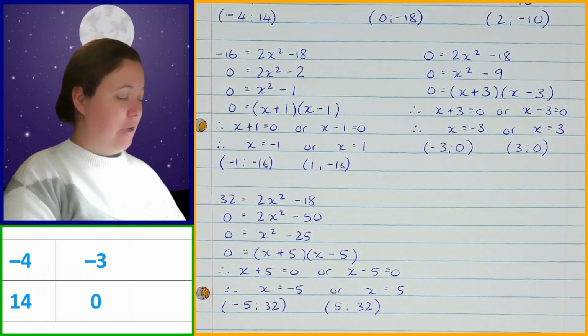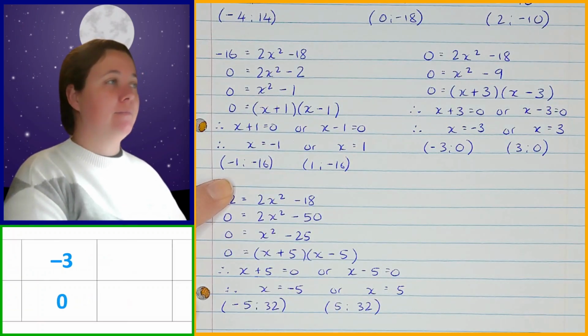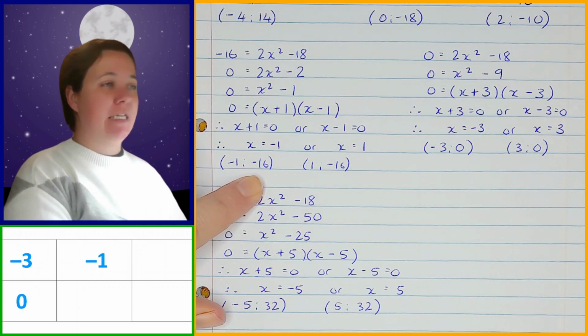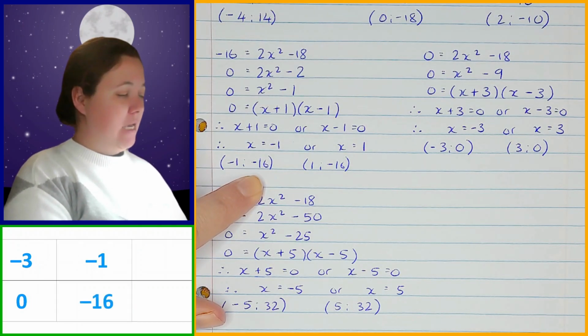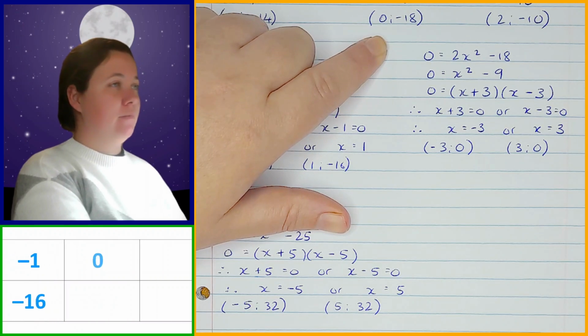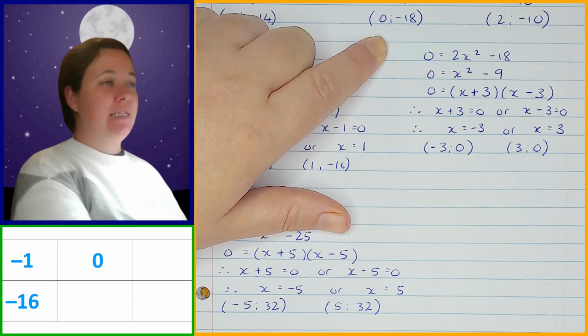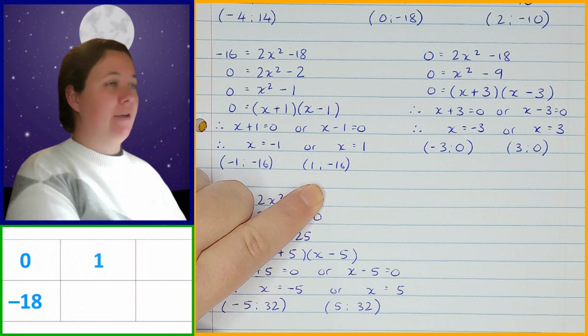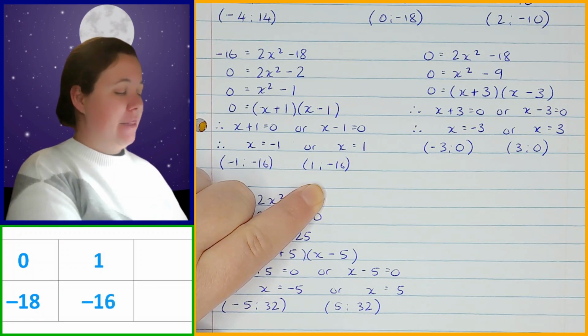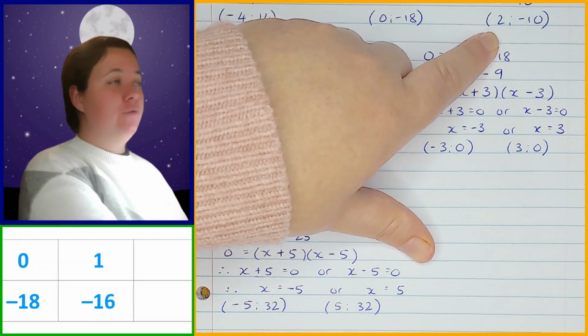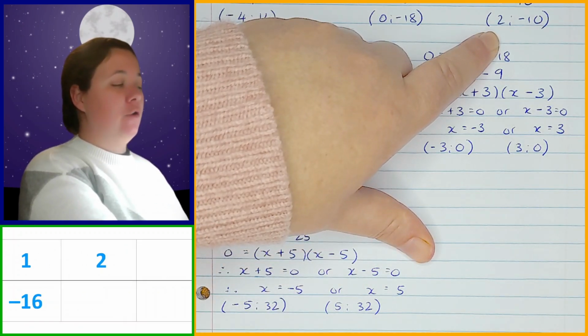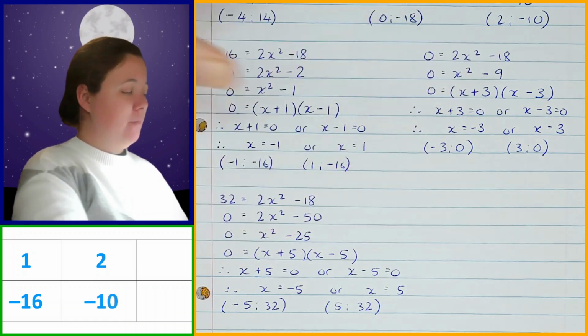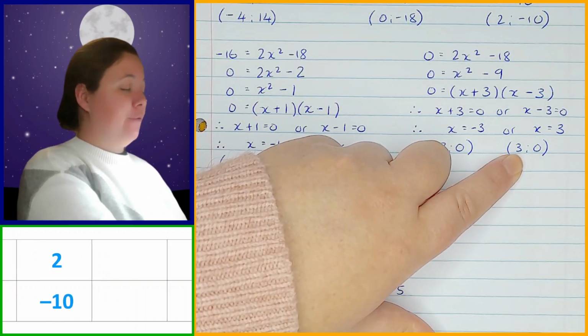Then the next x value that I've got is -1, and its y value is -16. Then I've got 0, and the y value is -18. Then the next x value is 1, with the y value -16 again. And then I've got an x value of 2, and a corresponding y value of -10. Then I've got an x value of 3,